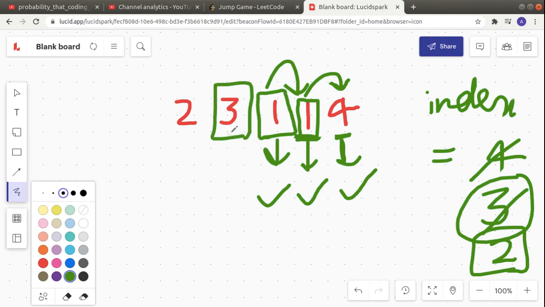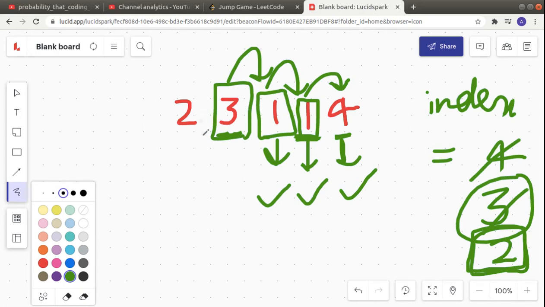So we are at this position now. From this position, can you reach the index number 2? Of course you can reach, because you are allowed to jump 3 steps, but you need to jump only one step. That is also sufficient. So anyway, you are allowed to jump 3 steps, so that is an additional advantage. It is fine. We just care that we should be able to reach the index 2. We don't care of anything else. So from this index you can jump 3 steps, but we'll jump only one for now.